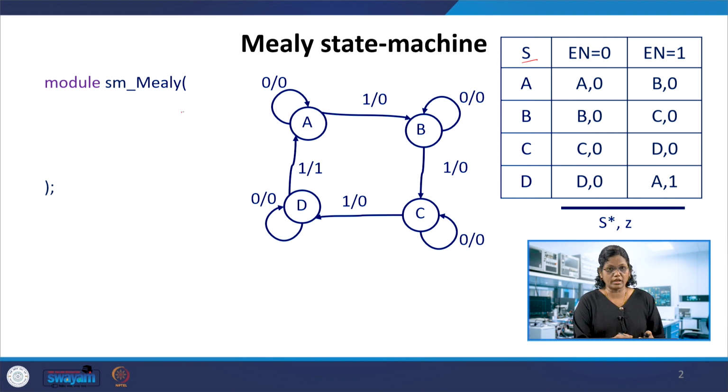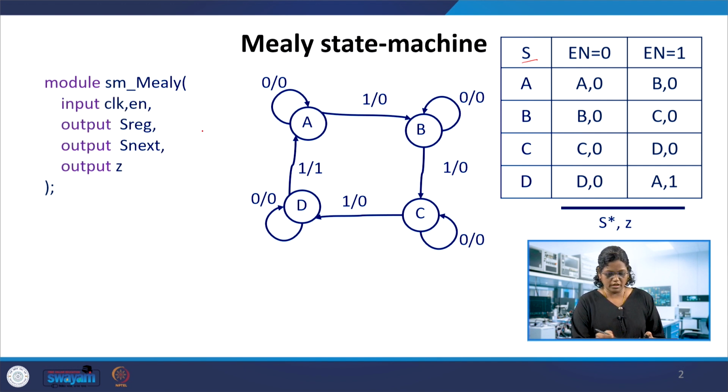The state machine module SM has merely clock and enable. Clock is required for the sequential circuit, to move from one state to another, and with respect to the enable input. Enable and clock are 1 bit here, but the outputs have been taken as the current state as well as the excitation signal, or the output from the next state logic, that is called the next state, which is supposed to be passed to the current state at the next clock edge, because we use the D flip flop, and the output is Z. So here is the declaration of S reg, S next and output.